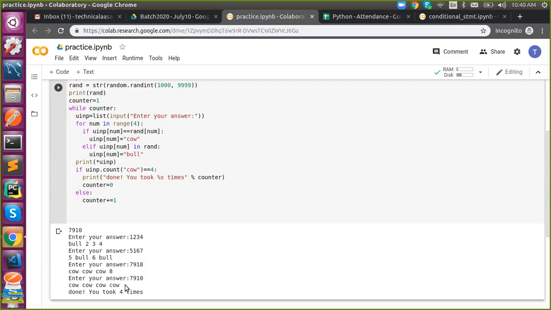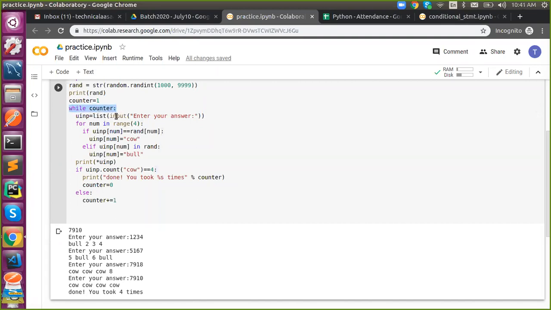Yeah. Okay, so in the program, I initially set a counter, because if it is positive, then only it will proceed further, so the loop will be started, right? That's why I'm saying counter is 1. And then if it is true, it moves on. Now inside a while, because the user is supposed to predict a number many times, we need some infinite loop. So I've started an infinite loop.